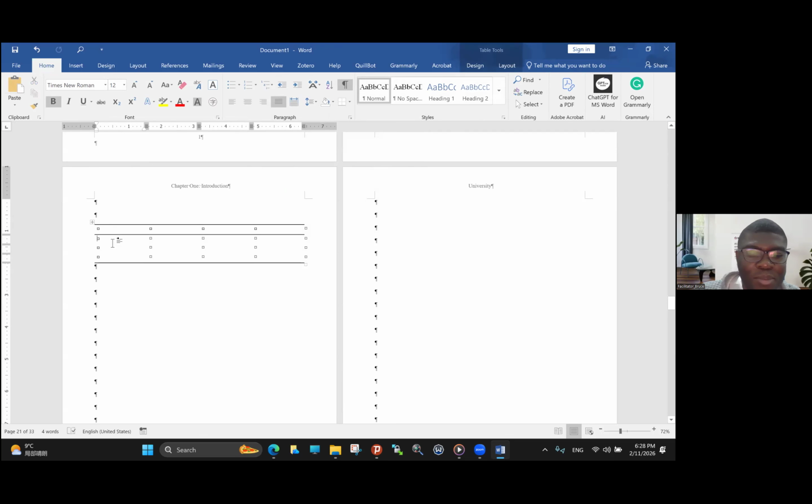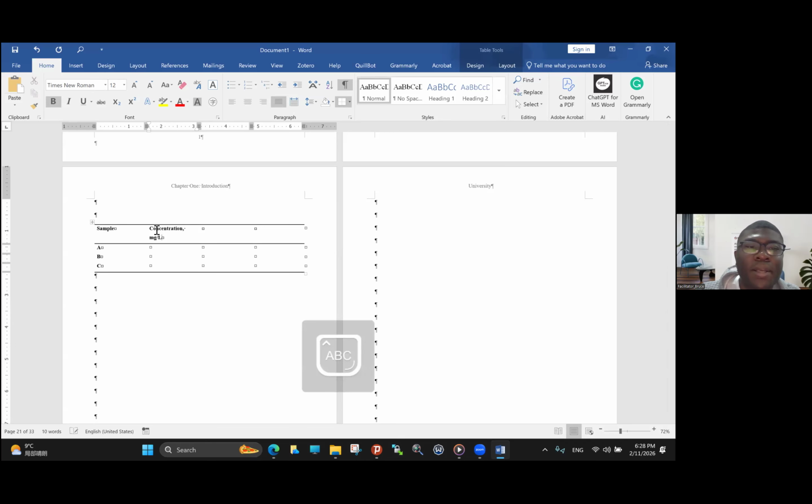So let me type A, B, C. Sample A. So sample A has concentration in, let's say, milligrams per liter. Okay, and that's 0.5, 0.2, 0.3. And then it has the density